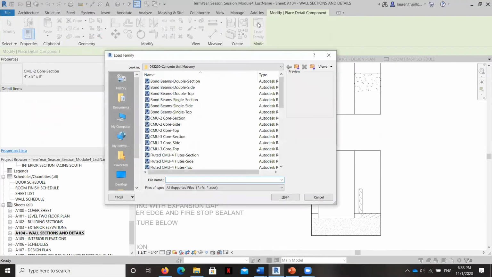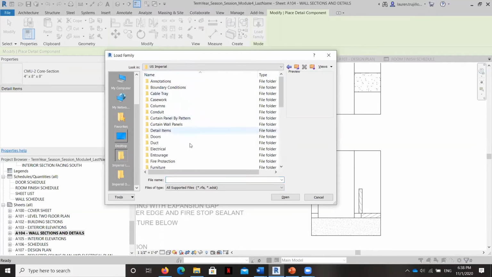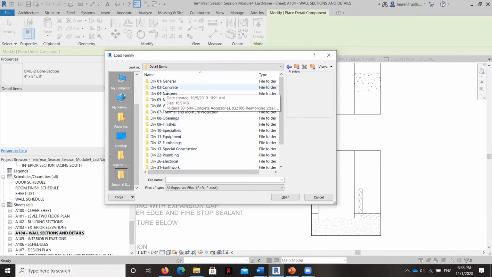and then load family. Now, I just learned something cool. If you find yourself sort of down the rabbit hole here, you can scroll over here, and yours might say Imperial Library, and it'll bring you back to this, which is kind of handy. In any case, we go down here to detail items, and these are the specification sections. And the specification sections for our industry are separated into all of these different categories. And this comes along later as you create construction documents and you need to describe every little piece and part that you're going to incorporate into your project.